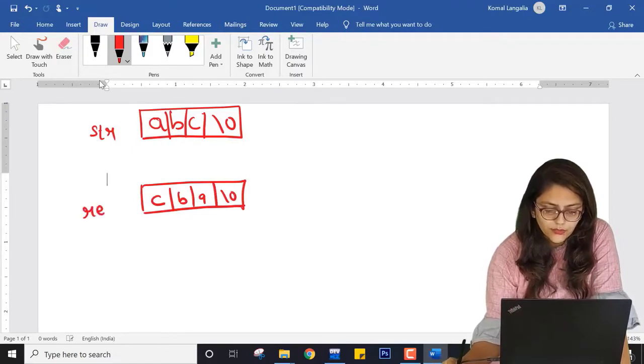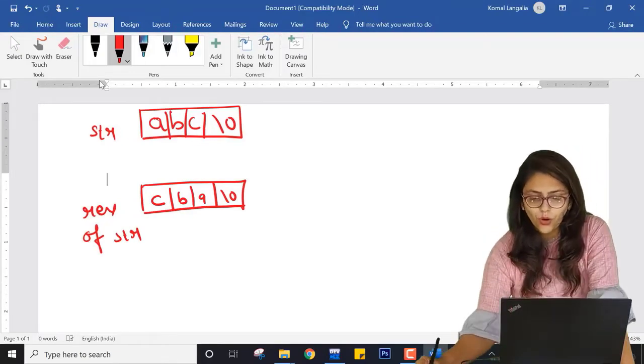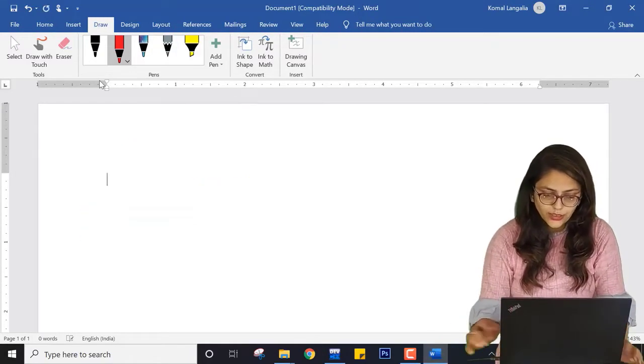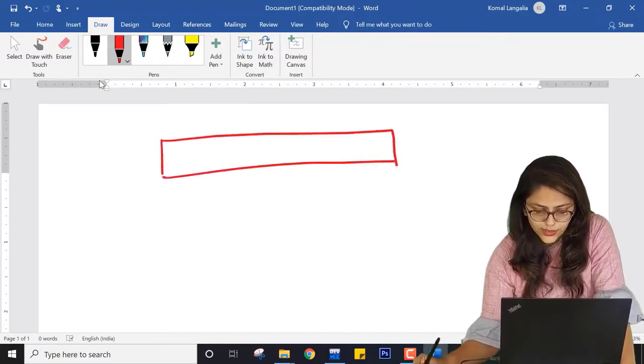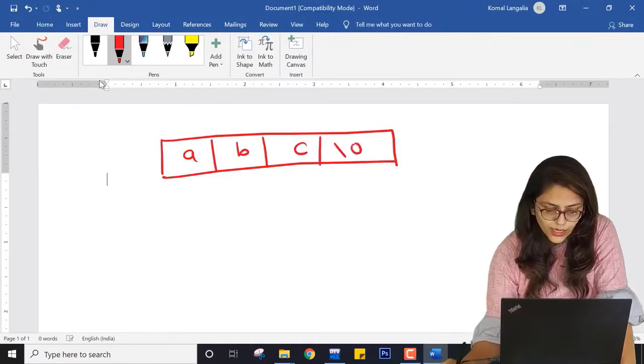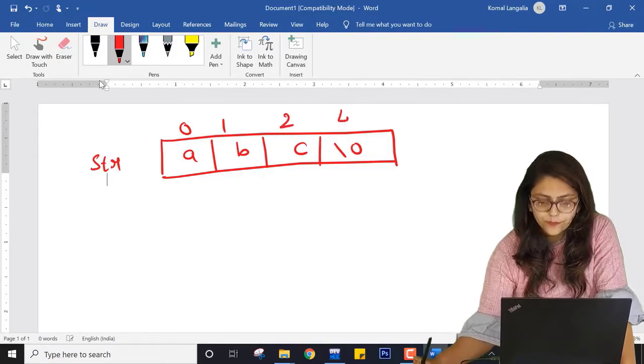So this is the reverse of a string. I want this. So what can I do? Now if I want to reverse it, I know that for this string A, B and C, the index is like this.